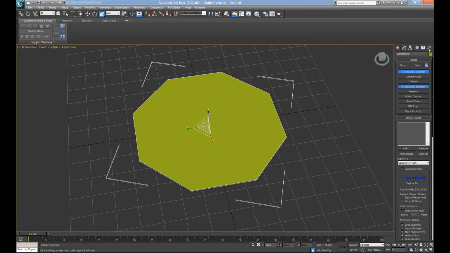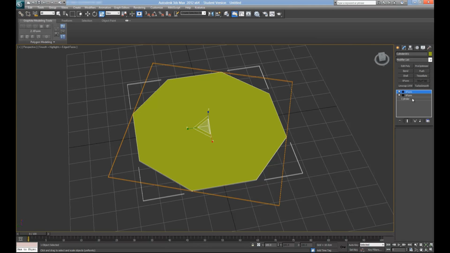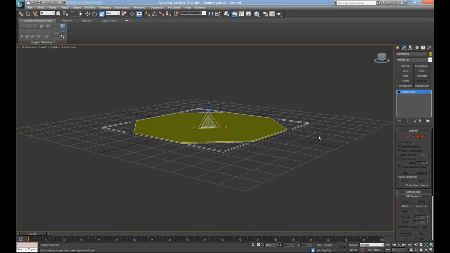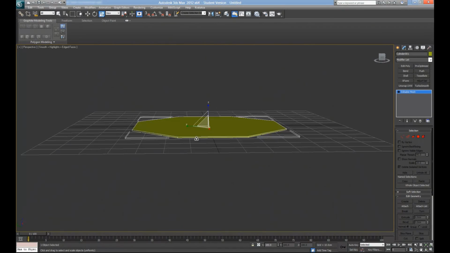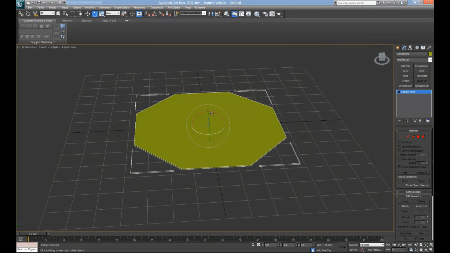Or we can click over here, and on this little hammer under the utilities tab, click Reset XForm and Reset Selected, which is another way to do it, but now we have two. So we're going to right click, collapse all, and now you can see that we have the brackets working perfectly. The XForms have been reset, and it's ready to be rotated, and we're ready to start building the next